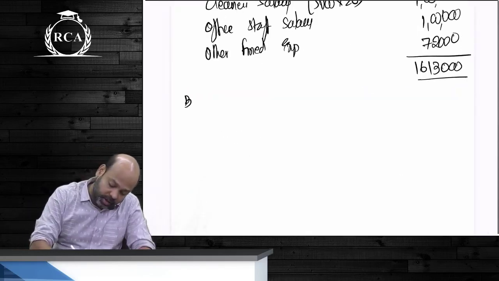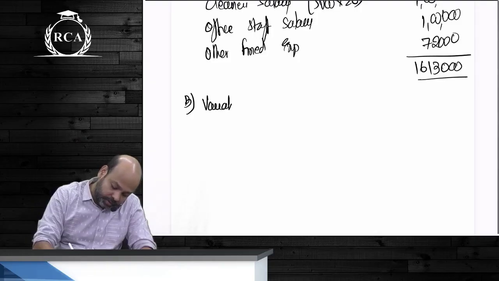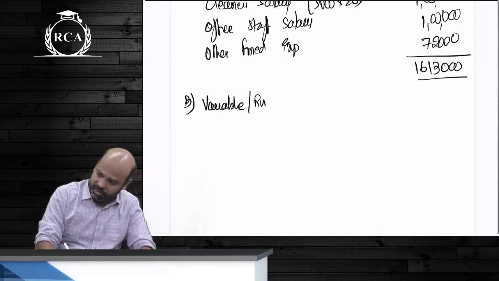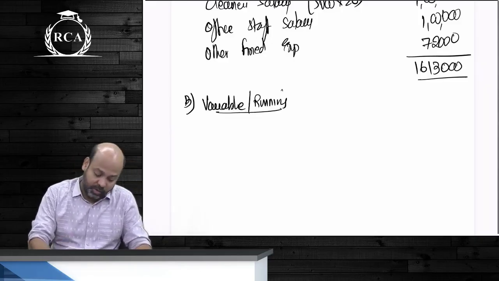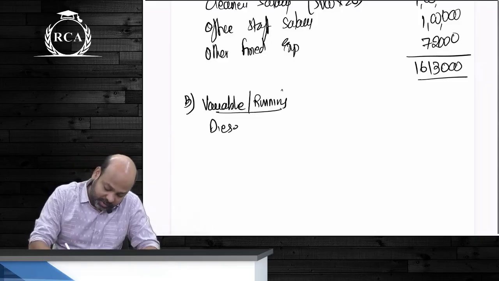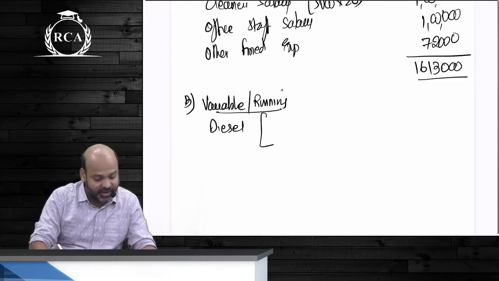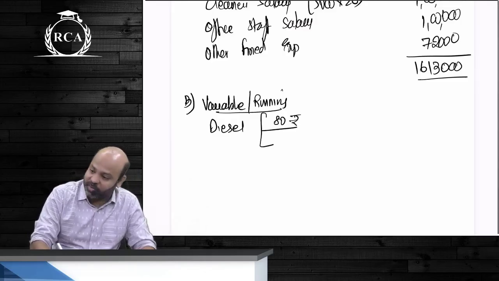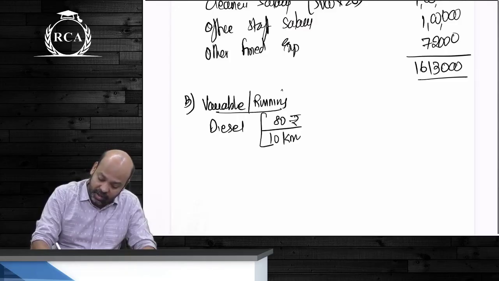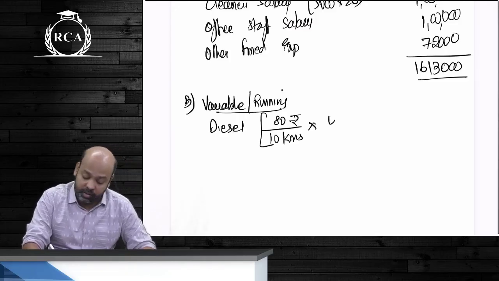Category, beta, is what? Variable. 80 rupees, beta, is for how many kilometers? 10 kilometers. Total amount is